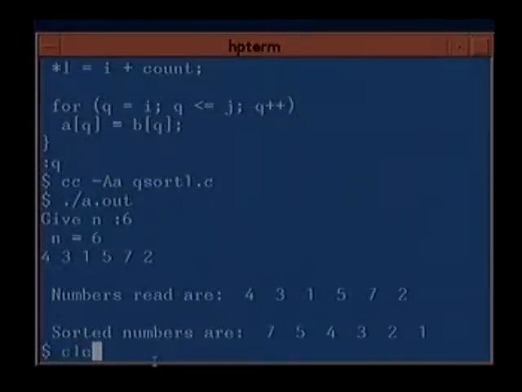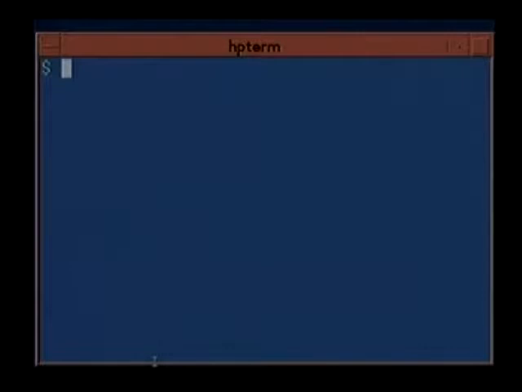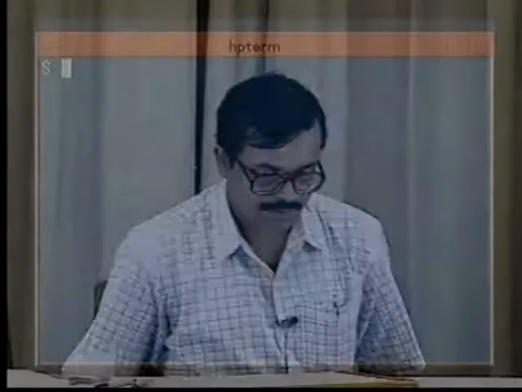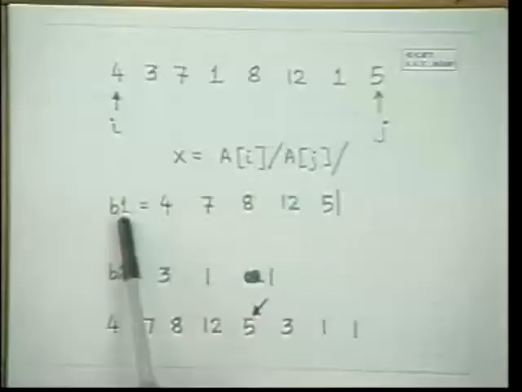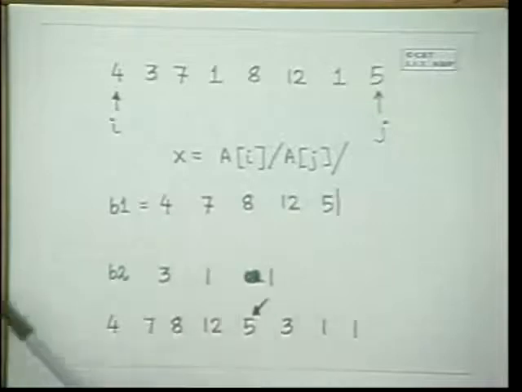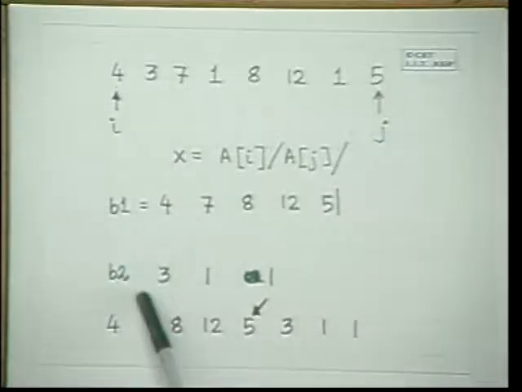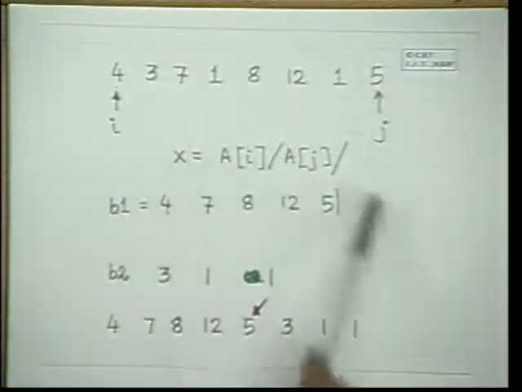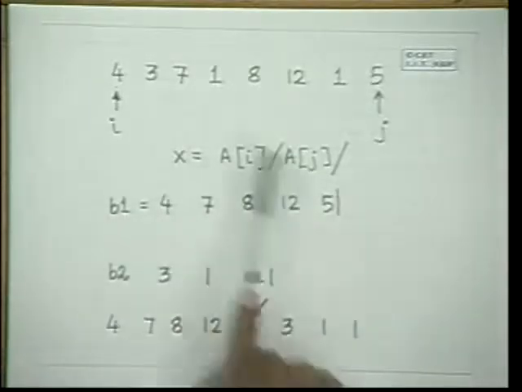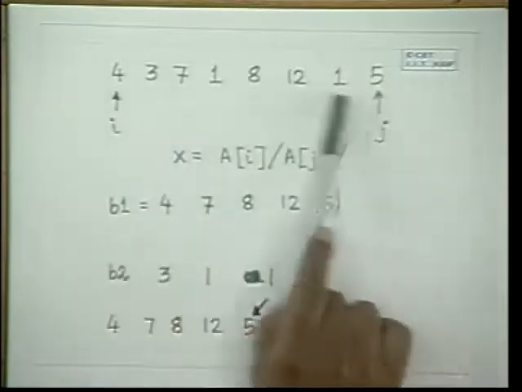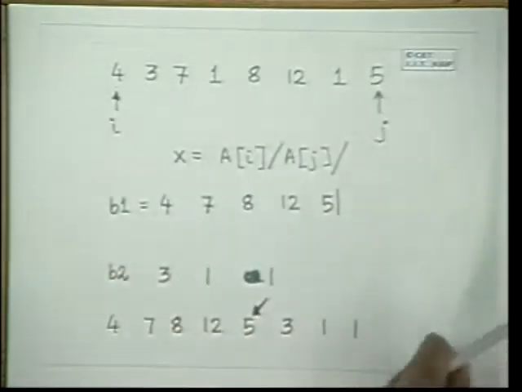But we'll come back to a more important issue here. In quicksort, instead of these two arrays, we actually showed how we can use one array. In that array, from the front we will put in these values, and from the back we will put in these values. That's what we did. But quicksort can be written without an additional array very easily. We can do it by using this array itself. So let us see how we would do that.